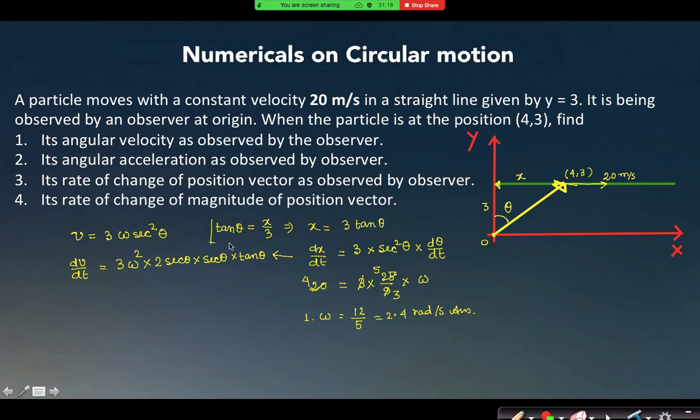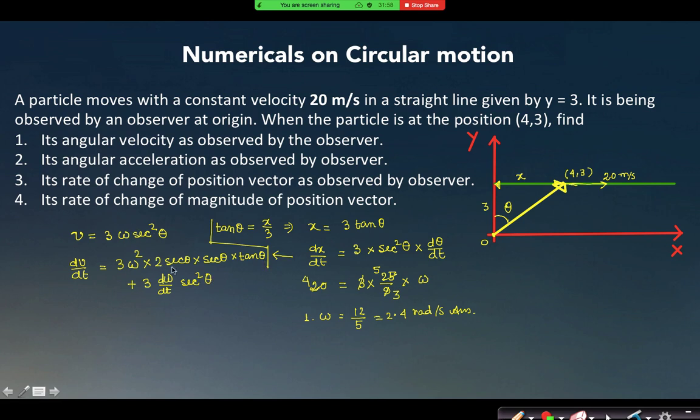Have you understood this differentiation that I have got? A lengthy expression, you can check. 3 omega I have taken constant, sec square theta differentiation. So first I have taken 2 sec theta, then I will differentiate sec theta. Sec theta differentiation is sec theta tan theta. Then I will differentiate theta, which is d theta by dt, which is nothing but omega. That is why I have taken omega square. And then for the second part, I will take sec square theta to be constant, and I will write d omega by dt into sec square theta.